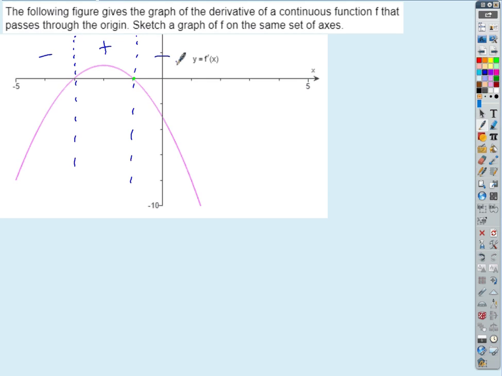And what's the shape going to be? Is it going to be smooth or jagged? How come? Because it's not undefined, because the derivative has a value of 0 there, right? So you know that's going to be a horizontal tangent line, right? And then over here, this is transitioning from decreasing to increasing, so that has to be a minimum. So we don't really know exactly what the function's going to look like, but if